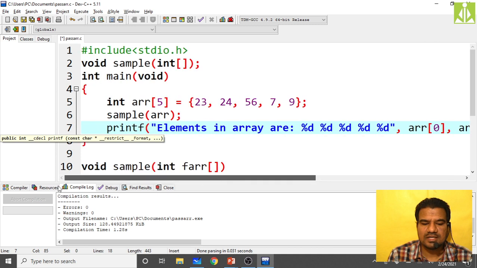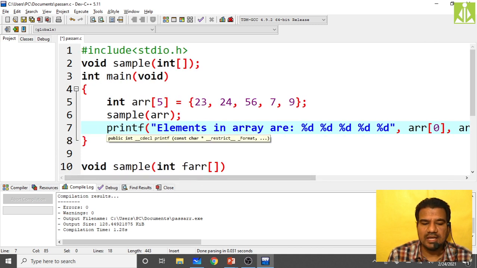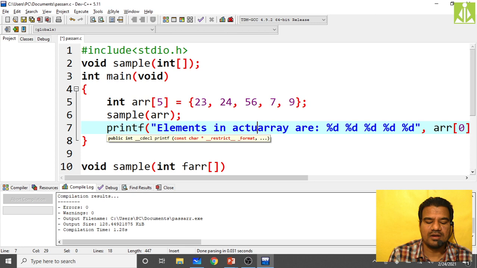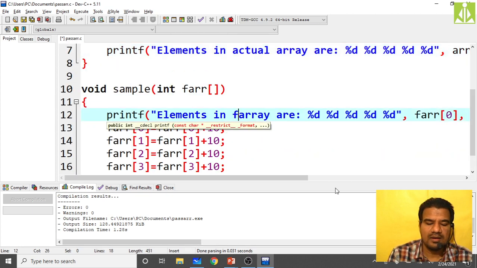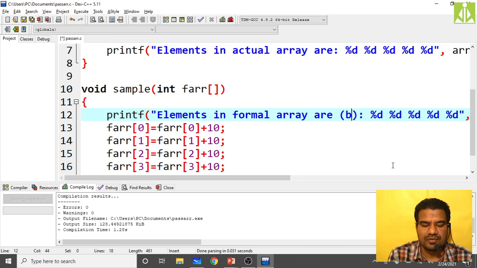So just for our understanding, elements in actual array I will write like this, and elements in formal array, and that too before change, before you made any change.